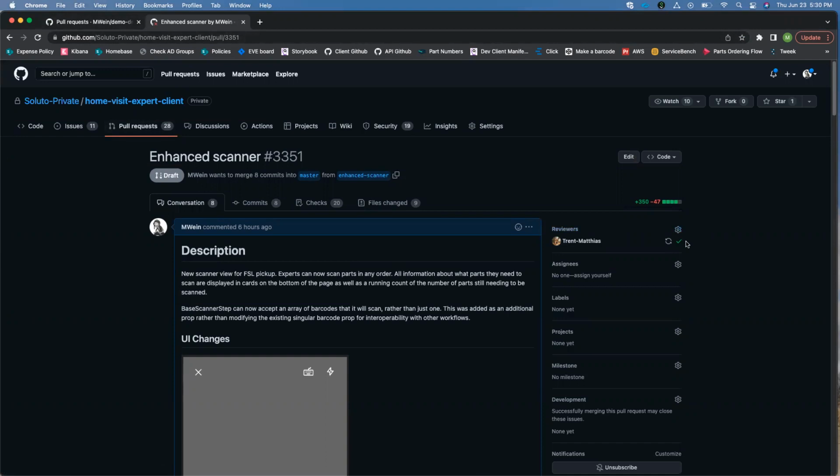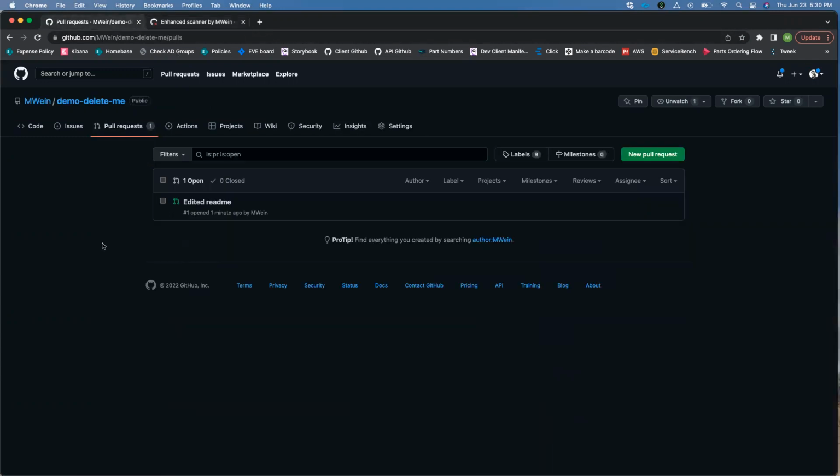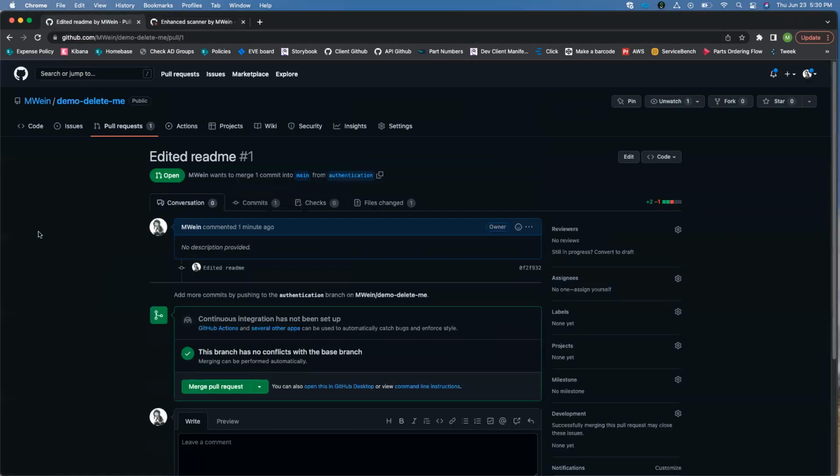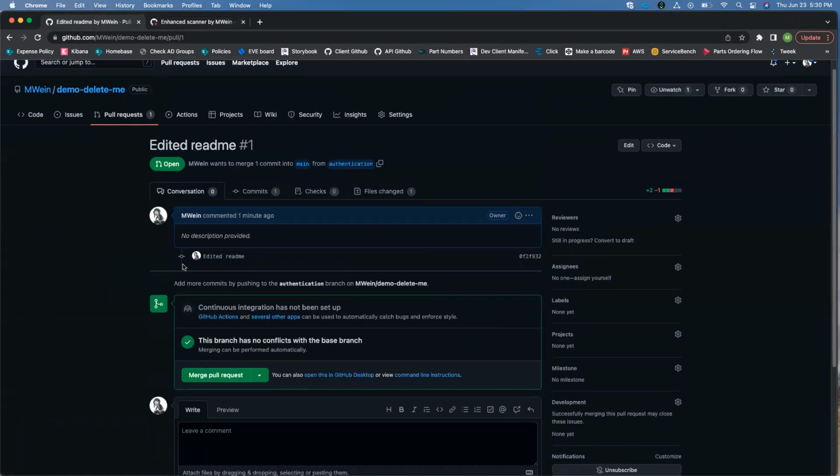So he actually approved the PR despite those changes, but you can also reject a PR and block me from actually merging this in if you wanted to, for whatever reason. So I'm going to click in edit README, and I can review my own PR. In order to start a review, I don't think I can review it actually, but